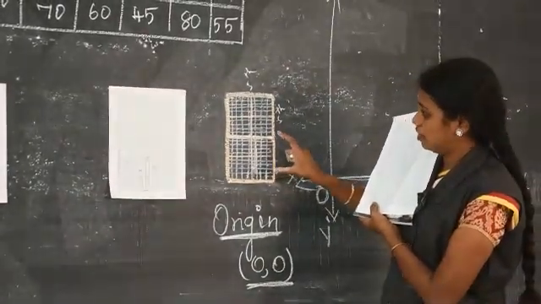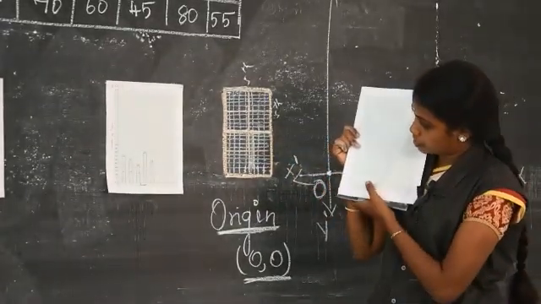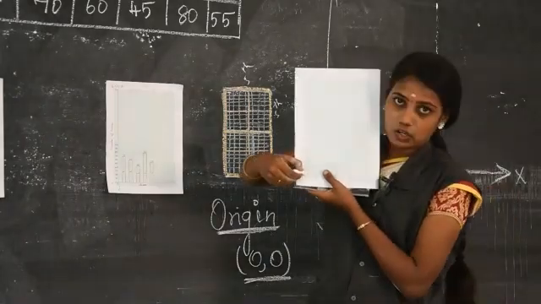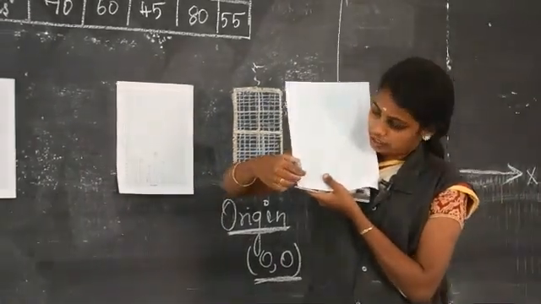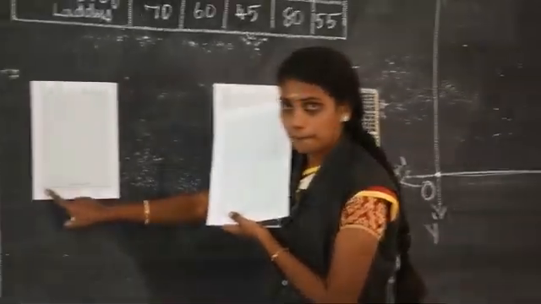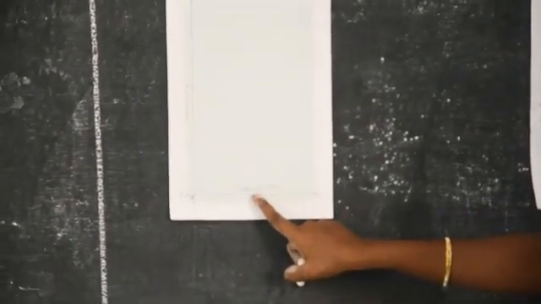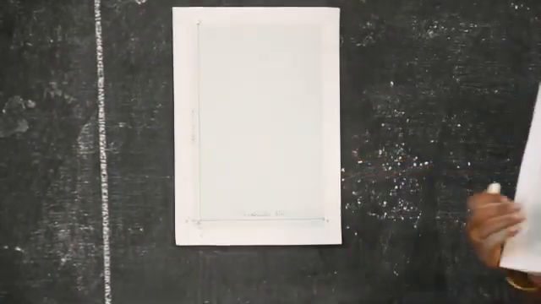Okay, everyone leave one box. Down also, leave one box on the dark line. Okay, the thick line is there, no? On the thick line, draw the x-axis, like this. See, on the dark line, you cannot go above or below. You should not go there. On the dark line. This is called the horizontal line. X, X dash.